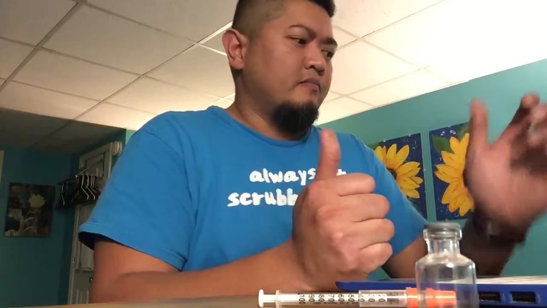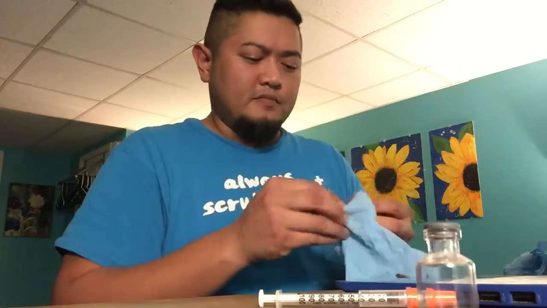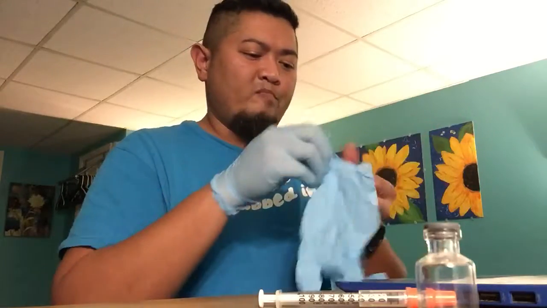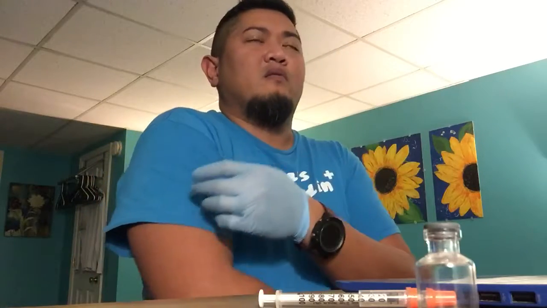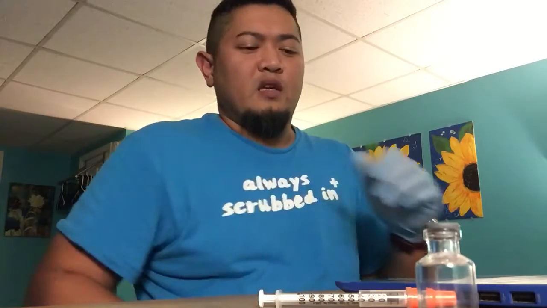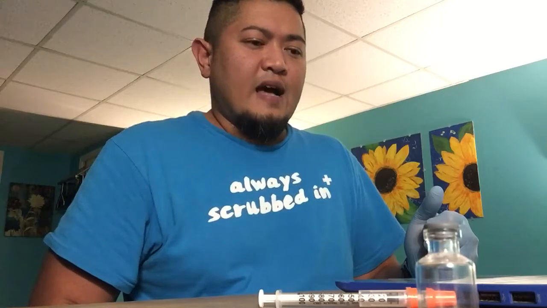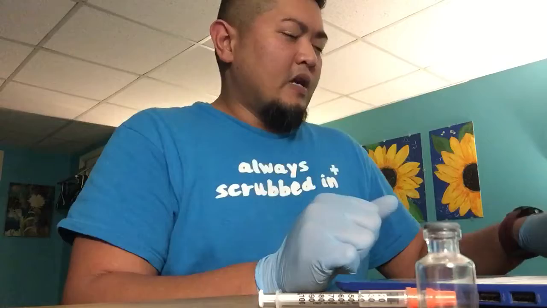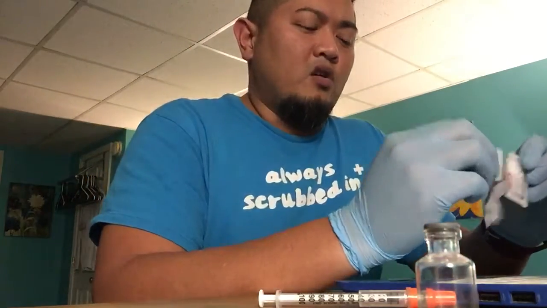And then we're gonna do hand hygiene again. Put on our clean gloves. And pick the site, either the lateral aspect of your forearm right here. It can also be given on the anterior aspect of your thigh. I prefer the abdomen, so just expose the abdomen. Get either an alcohol swab or